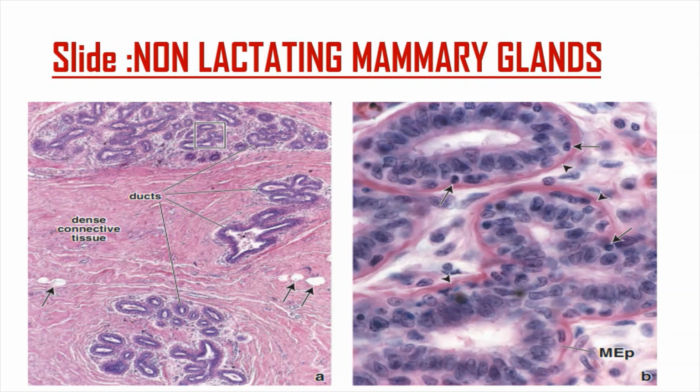A non-lactating mammary gland is identified by a lot of dense connective tissue. See, there's a lot of dense connective tissue. So these are the ducts. These are the ducts that lead to the glands. And between the ducts there is a lot of dense connective tissue. Therefore, you know that this mammary gland is non-lactating. Now, if we get a portion of this and we project it in high power, this is